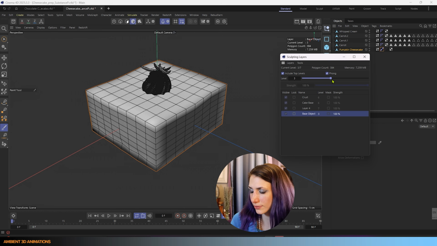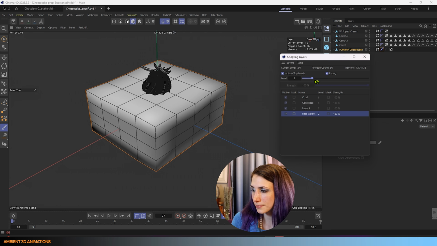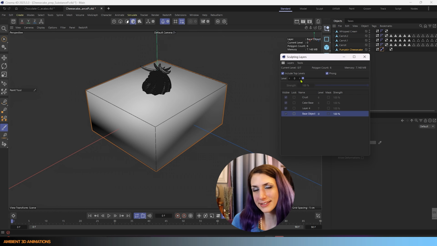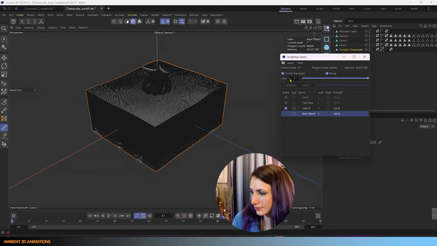So you can choose the level. If you're doing something that requires a lower resolution, you can take this down further. So you have flexibility. You could even take this down to level 0 and add in that additional data as a normal map. So let's go back to 7 for right now and hit Shift C because we're going to